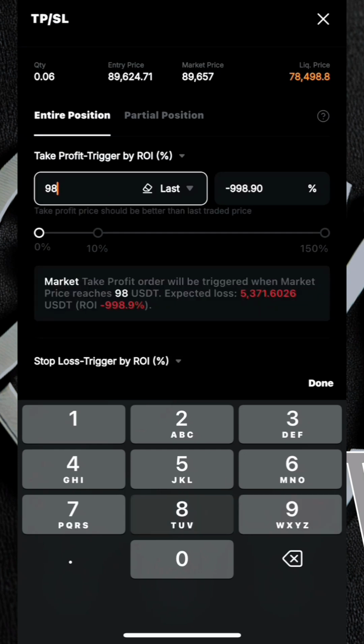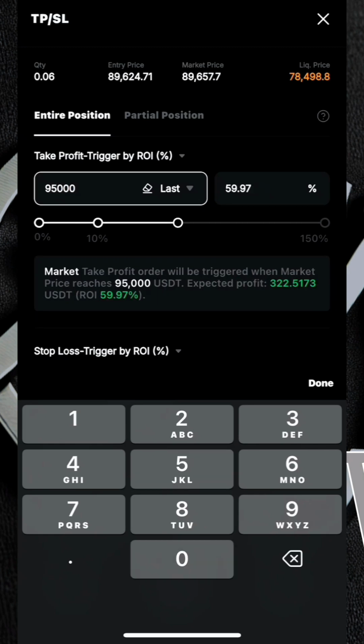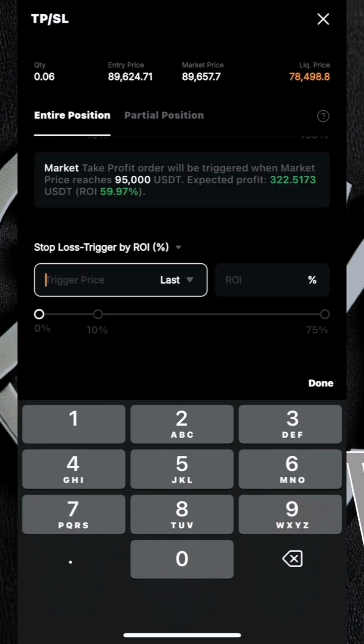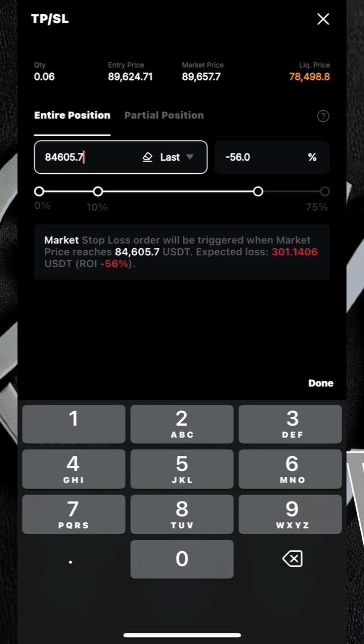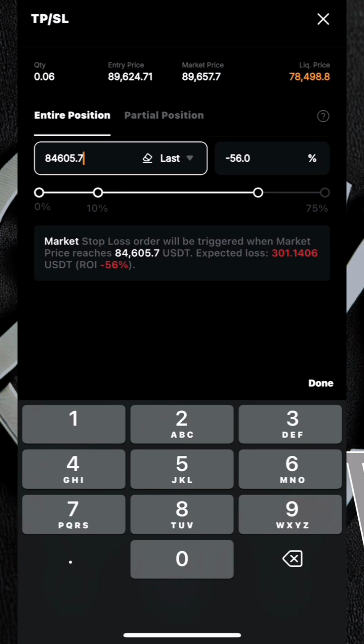So for take profit, let's say I still want to use the same price. Let me be fixing in $95,000 over here for my take profit. So that will still be 60% profit. And then let's say for my stop loss, I'll be setting a price of $84,000 right here. Let me just say $84,000. And so that will be about 56%